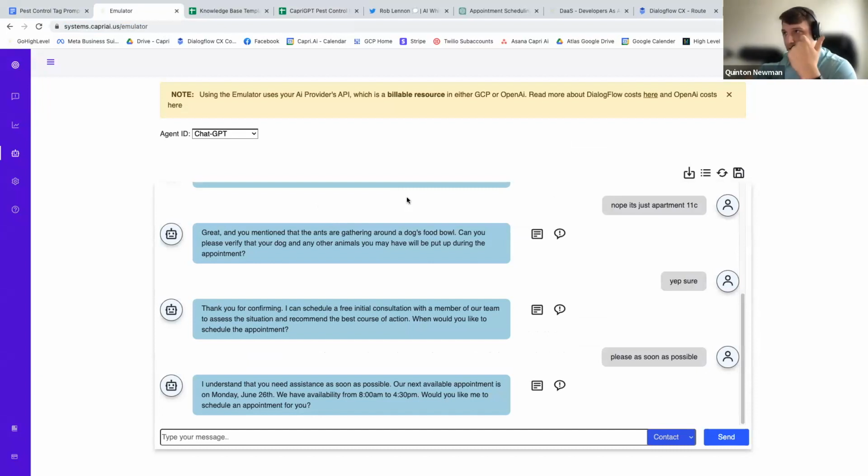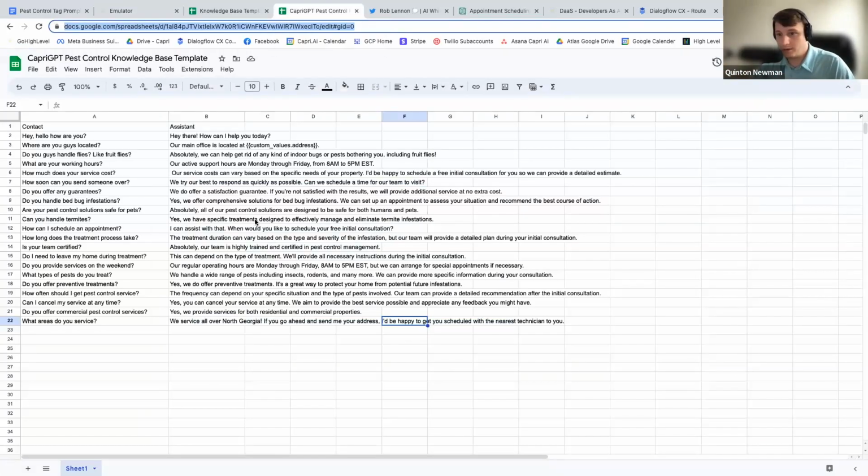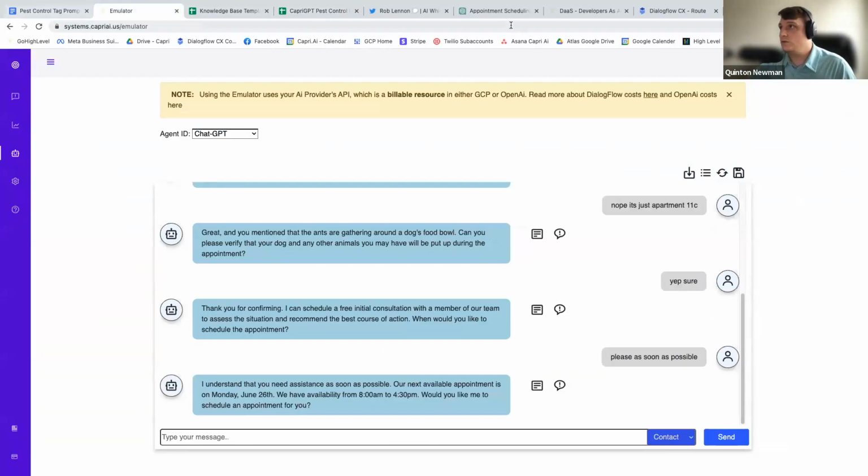And so another thing I would say is this is more so like I'm taking control of everything. But if you guys have the enterprise plan, doing everything else that I said about building the prompt with GPT-4, putting the top 10 to 20 most common questions and answers into a spreadsheet, and starting there, the next step from there, rather than you doing all this, is actually, hey, client, hey, pest control client number 5, whatever. Here's the spreadsheet for you. Please fill out all the questions and answers as you see fit. And also in our